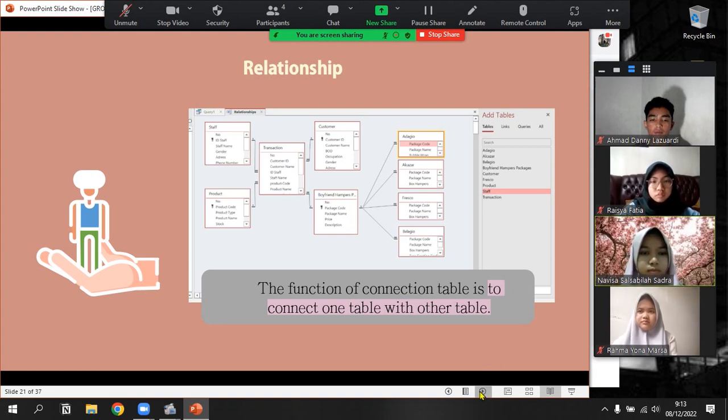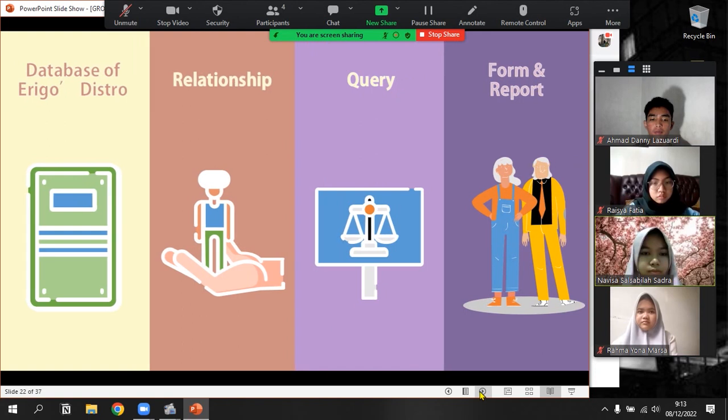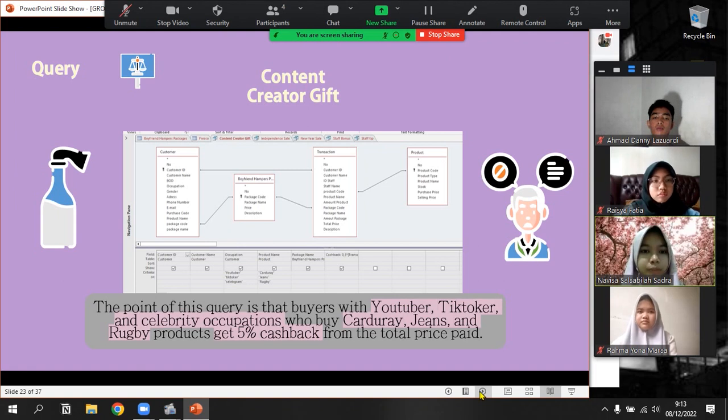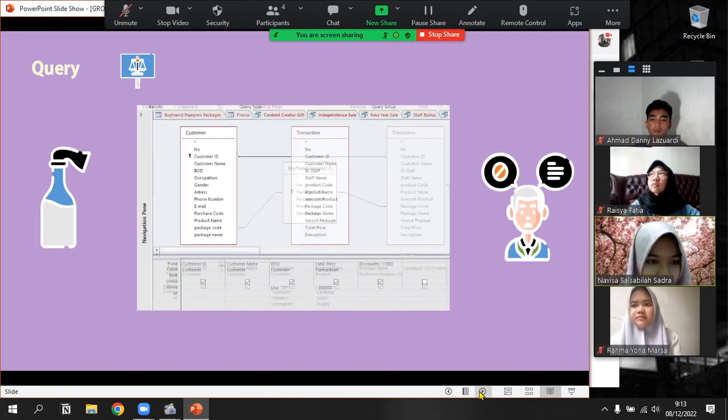In the next slide, we move to query. First, our first query is content creator gift. The point of this query is that buyers with occupation YouTuber, TikToker, and celebrity who buy Cardure, jeans, and Red Bay products get 5% cashback from the total price paid. Here we can look. Okay, next slide